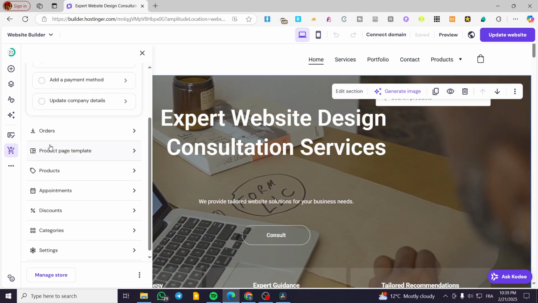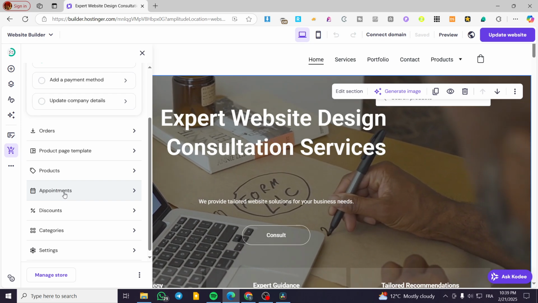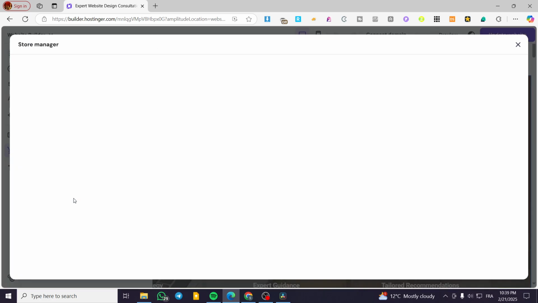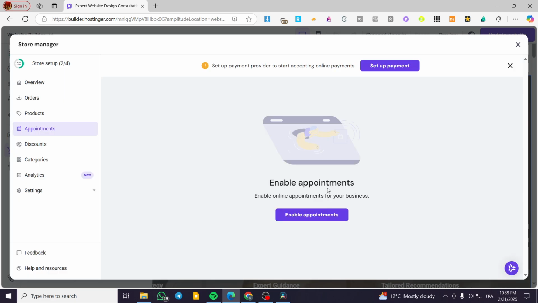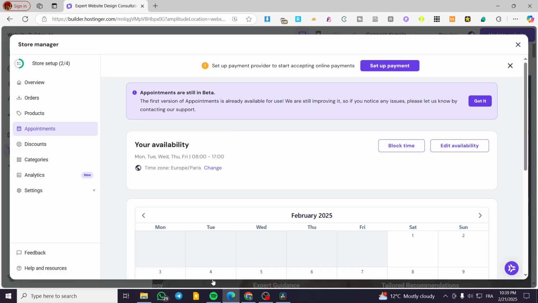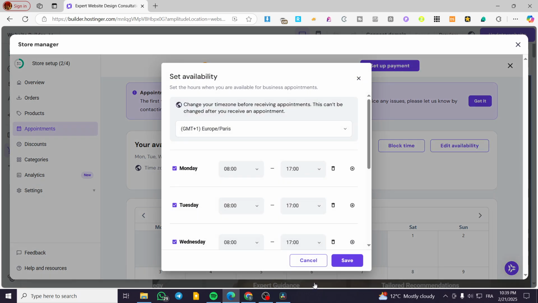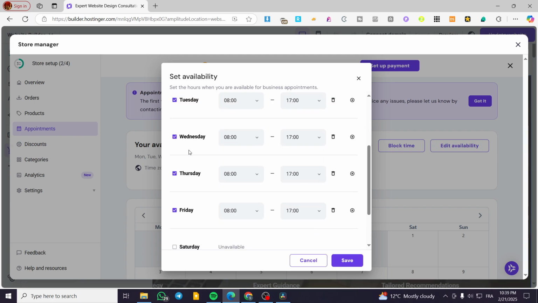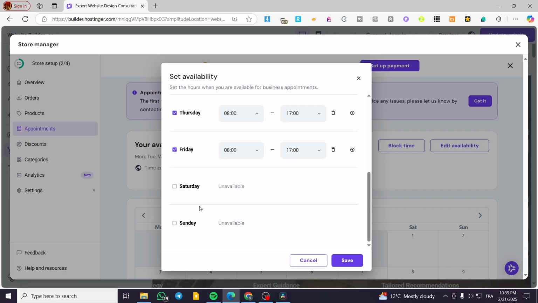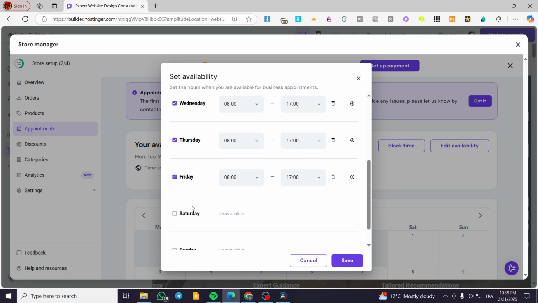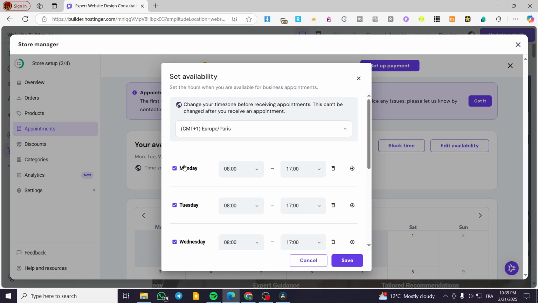Now, what we're going to do is to head over here, click on appointments, and we're going to enable the appointments. So we are going to set up the availability dates and also the blocked time. So we are going to enable the appointments and you are going to click on edit availability. So you are going to select the time zone and then you're going to select the days, the time, or the hours. So for example, here I'm going to make an availability of the Saturday and Sundays and the Mondays